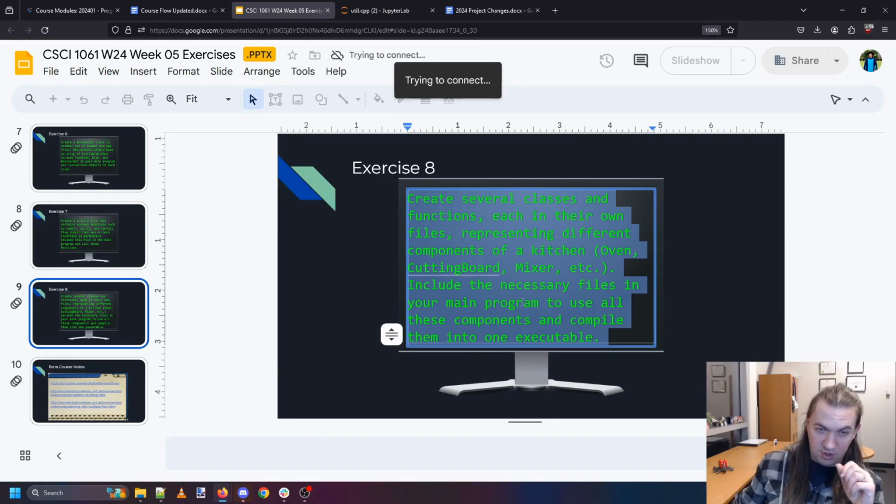Oven, cutting board, mixer, etc. Include necessary files in your main function and compile them when executable. So I feel like this is one that is better to leave open. I'm probably going to do one. Maybe we'll do cutting board. But I think that you should try making all of these different parts and including them for yourself to see